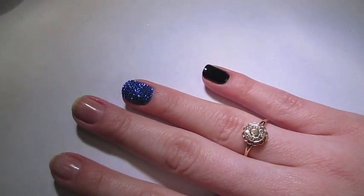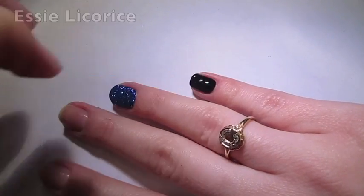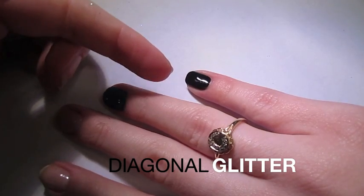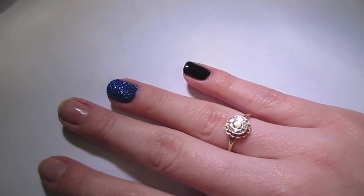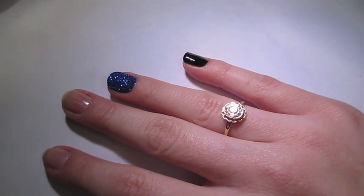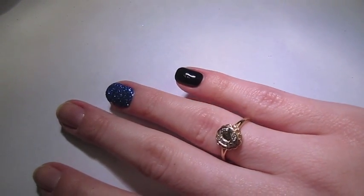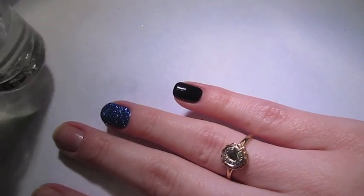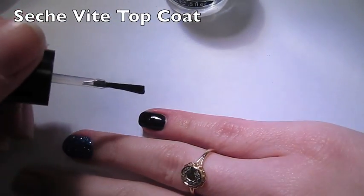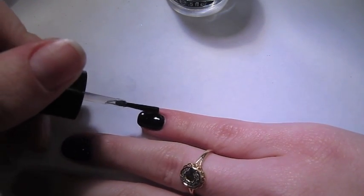So for this next design with glitter, I've painted this black base color, and I'm going to do glitter just diagonally across the nail. It's a little bit more difficult than the all over glitter, but it really looks cool. I've let this black polish dry for a little bit, and then you're going to get some top coat and paint a diagonal line across the nail,